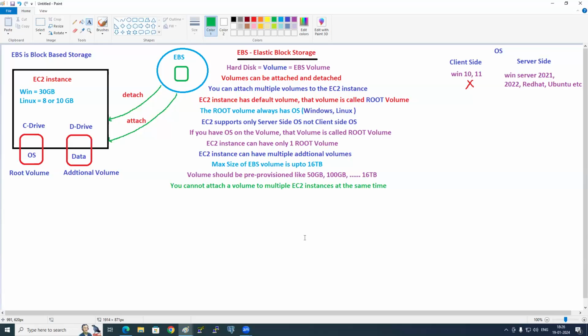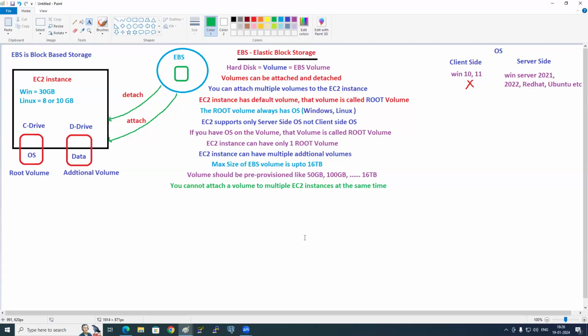Is it possible for your physical machine, your laptop? Not possible, no. But remember, volume size can be increased on the fly. What is the meaning of on the fly? It means you need not stop the EC2 instance. At runtime only, we can increase it. Generally, just assume you have a production environment.